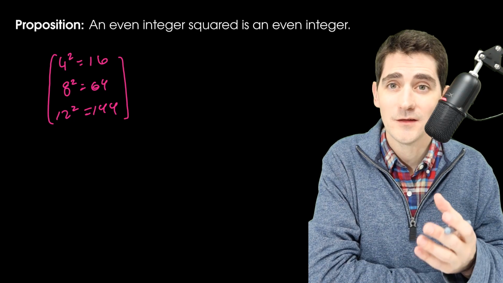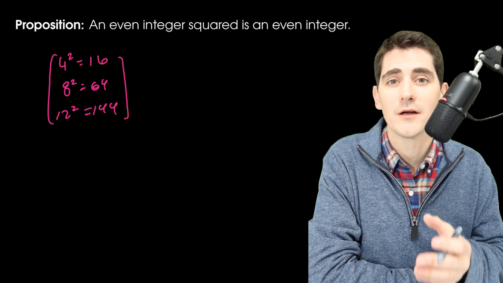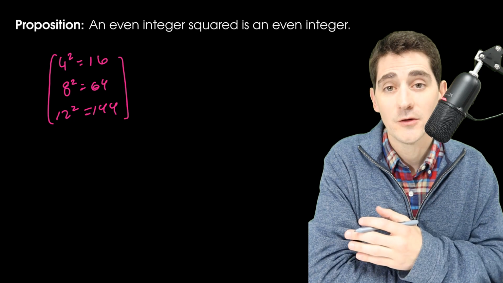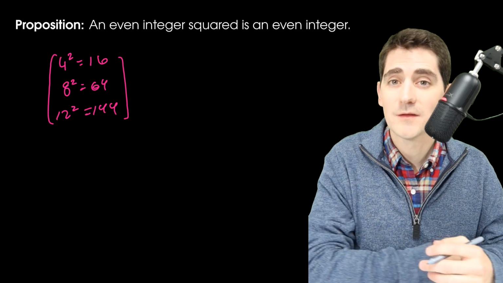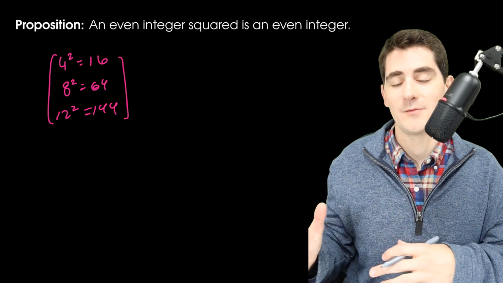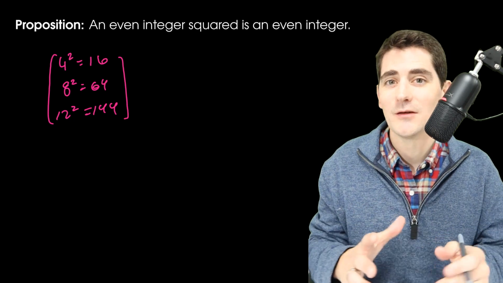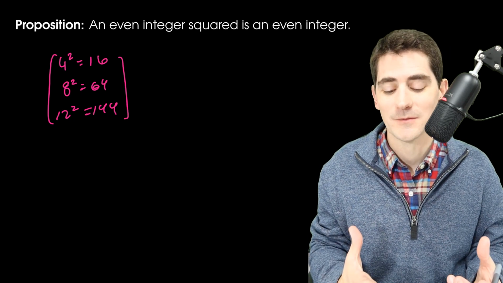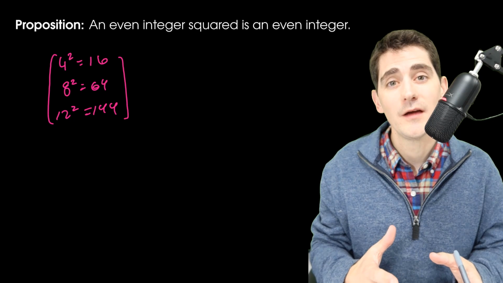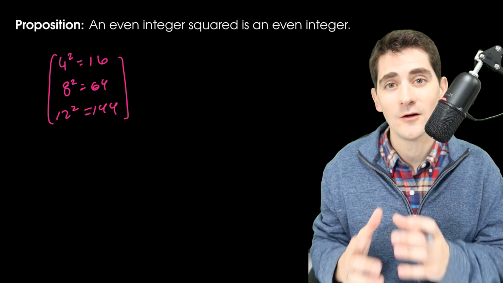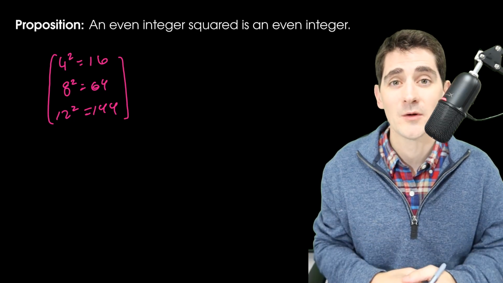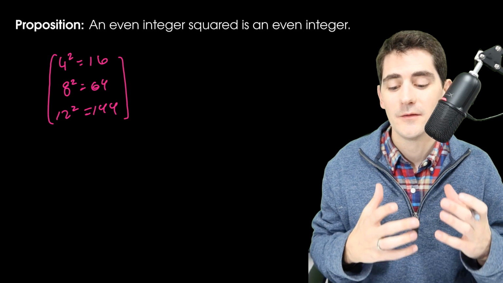We can't say that this observation is true until we can write an argument that shows this for all cases. Because there may be some integer way out there past 100 trillion that's even, and when I square it, I get an odd integer. And so the basis of proof is to clarify in all circumstances when this is a true statement or not, and this is actually how we grow the field of mathematics.